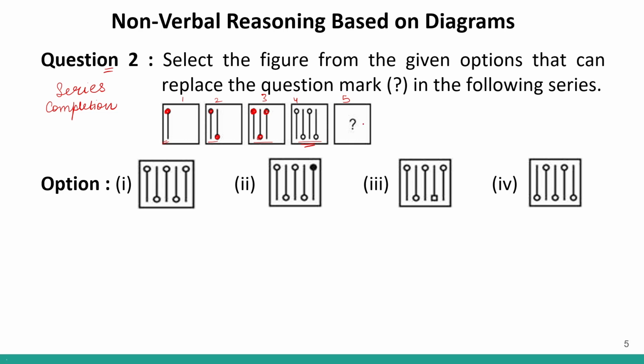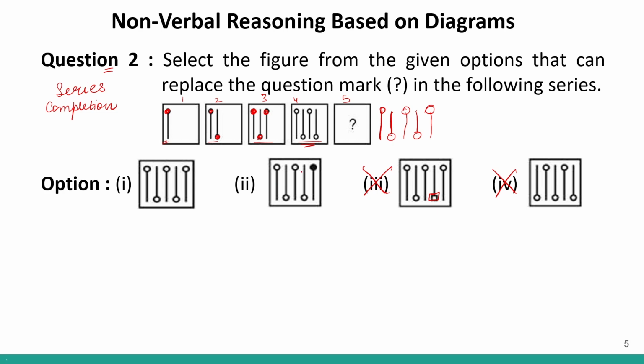So that means these 4 will remain the same. These 4 will be like this. One more arrow will be added which will be like this. Correct? So over here if I look at option number 4, the directions are different. So we can eliminate option number 4. Over here option number 3 we have a square, but we will have circles. So option number 3 is also eliminated.